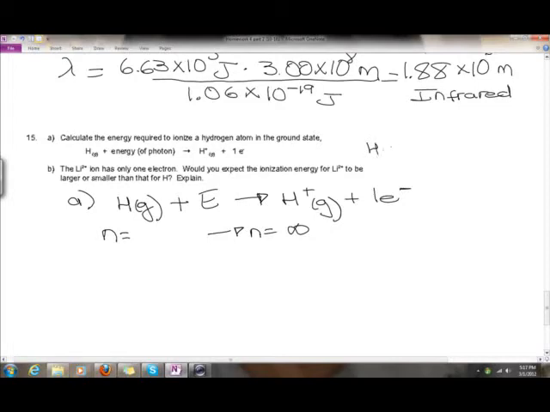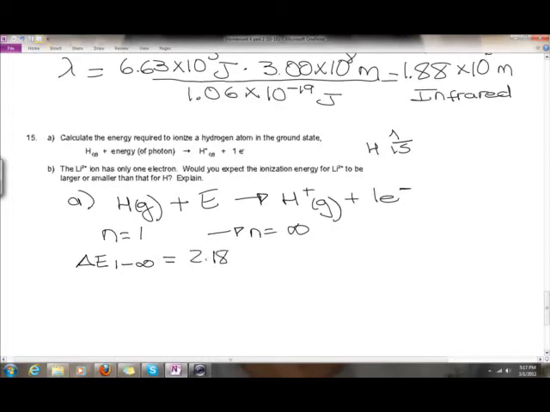It's H 1s1, and it's n equal to 1. It's the lowest energy possible. So what are we calculating? We're calculating the delta energy of a photon from 1 to infinity, because that's the concept of ionization energy, and